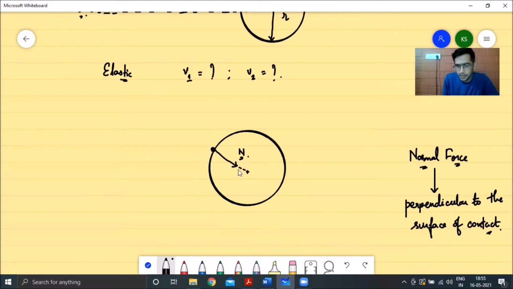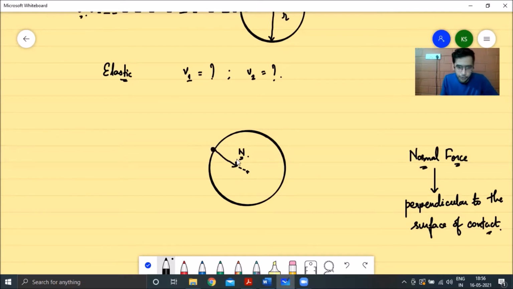That is, this force is acting towards the center. So why is this force acting towards the center? Once again, when this particle is colliding with the sphere, your surface of contact right now would be the tangent of the sphere, because it's a point particle. So it's basically the tangent at that point. And what is perpendicular to the tangent of a sphere? That would be your radius. So we'll say that this normal force is acting along the radial direction, this direction.